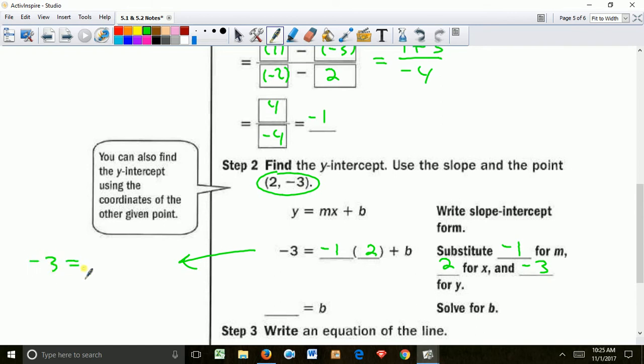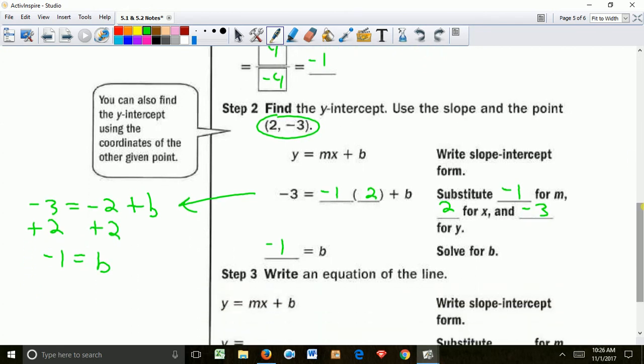So negative 3 is equal to negative 2 plus b. Solving for b, you would add 2 to both sides of your equation. So the value of b is negative 1. All right, so you've got the slope, you've got the